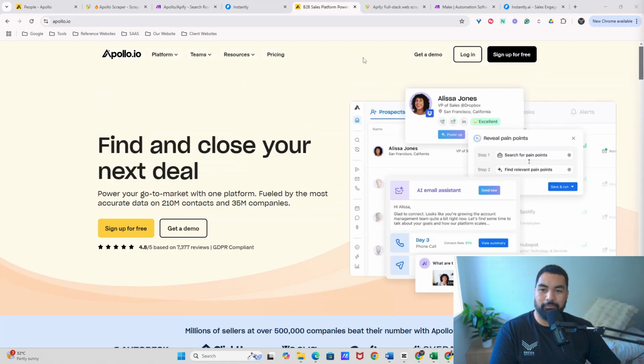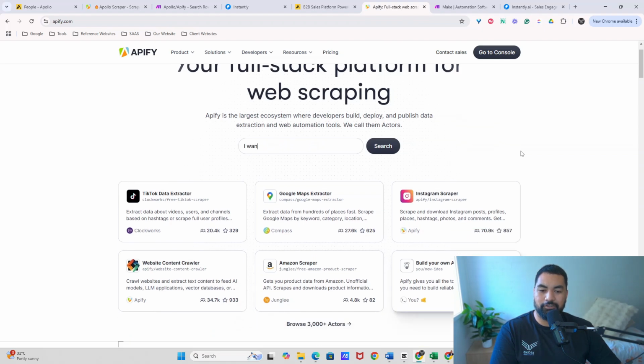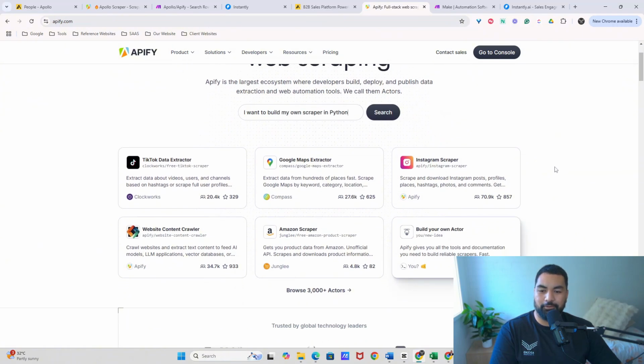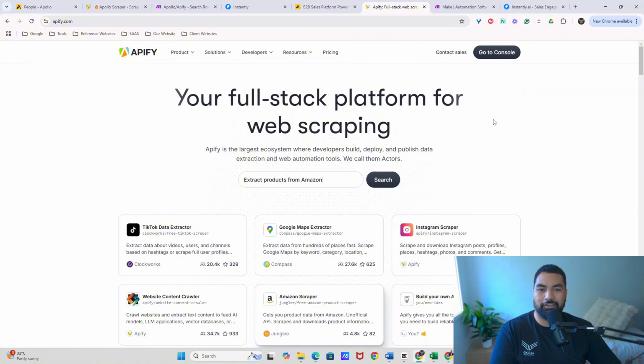The second platform that we'll be using is Apify. If you're not sure what Apify is, you should definitely check it out. It's a platform that allows us access to different scrapers that really good coders have created. So here are some examples of different scrapers. There's a TikTok data extractor, Google Maps extractor, even an Instagram scraper that allows you to scrape and download Instagram post profiles, etc. So the possibilities are endless. And when you actually log into the console, you'll see it's kind of like a store of web scrapers that